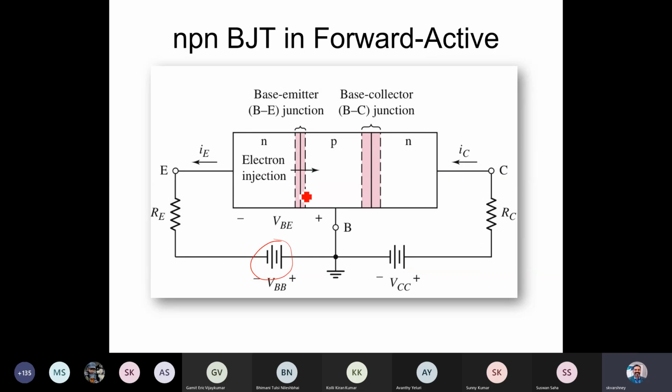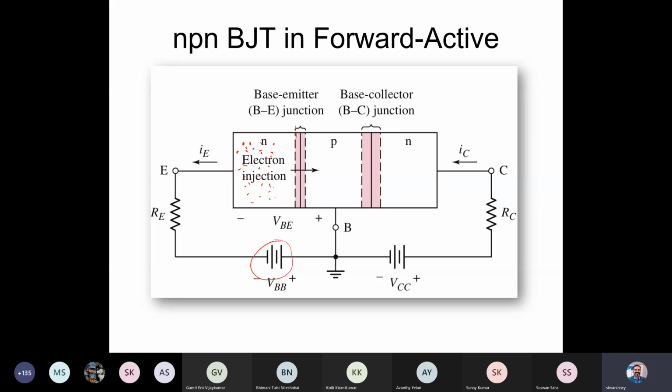You can see that as you forward bias, the depletion layer will shrink, whereas here the depletion layer width will be enhanced, since it is reverse biased, like we understand from the PN junction. Since electrons are majority charge carriers on the N side, of course there's some doping profile. The current which results here is because of diffusion, though the drift component is very small. So that is dominated by diffusion currents.